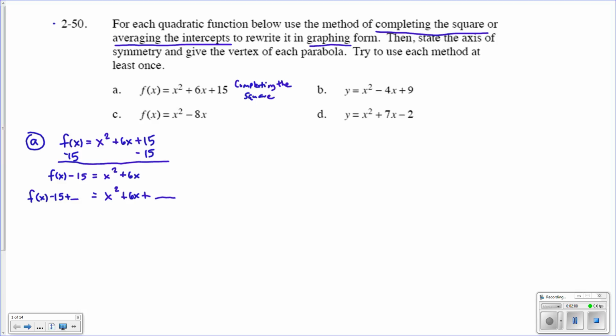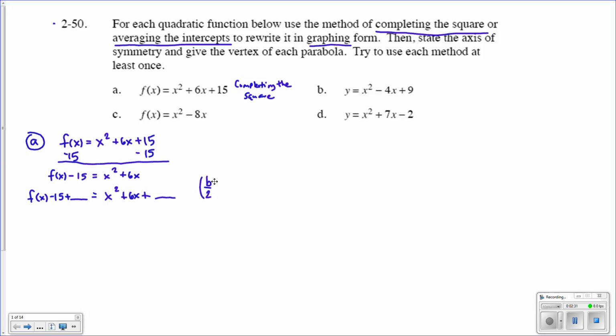This is the biggest mistake I see when students complete the square: they'll add something to this side to complete the square, but they'll completely forget to add it to the other side. Your equation has got to stay balanced. You have to do to each side to keep it equal to each other. So what I'm going to do here is look at what number I need to add here. Well, remember, this is your b term,